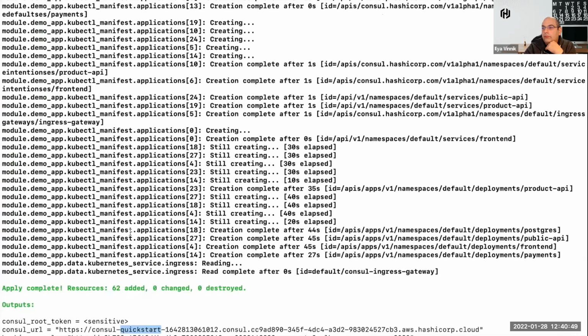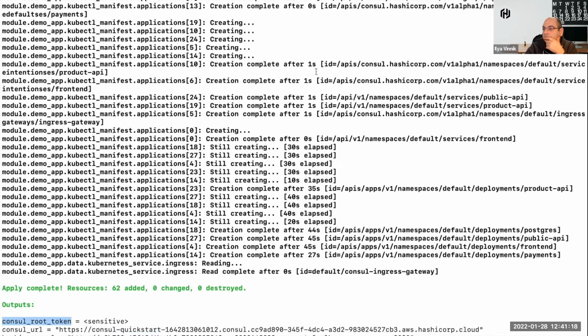So the Terraform run is complete after about 20 minutes. There are a few outputs from Terraform. The Consul URL is the URL to access the Consul UI. In order to access the Consul UI, there is a token required, and this token here, the Consul root token, provides the access to the UI. The next is the HashiCorp URL. This is the URL to access the HashiCorp app that gets deployed along with EKS. The last is the kubeconfig file name.